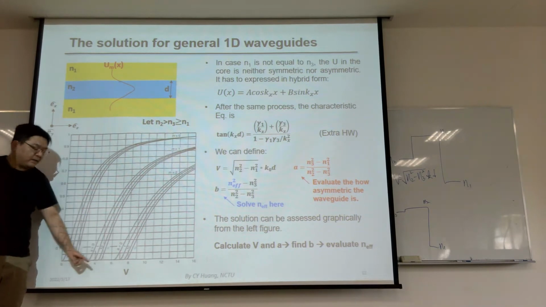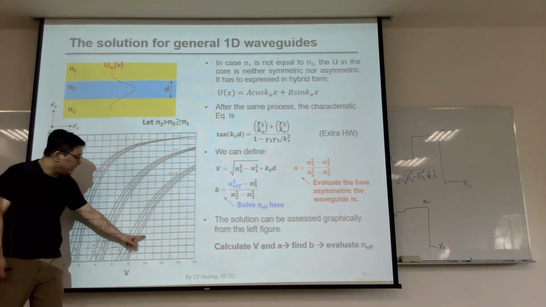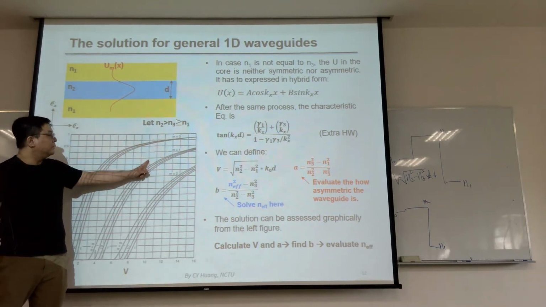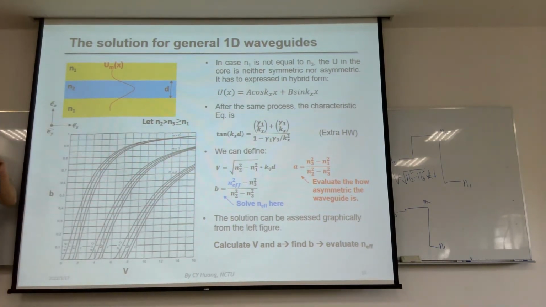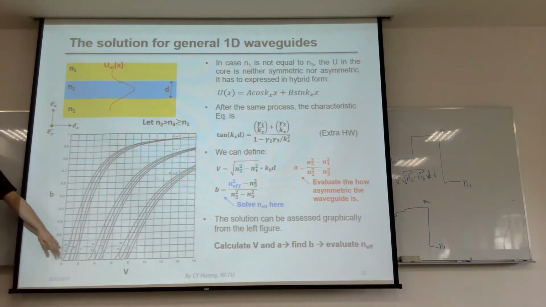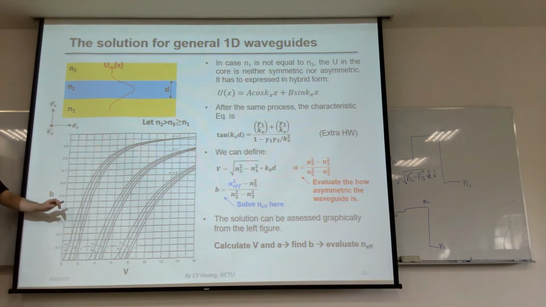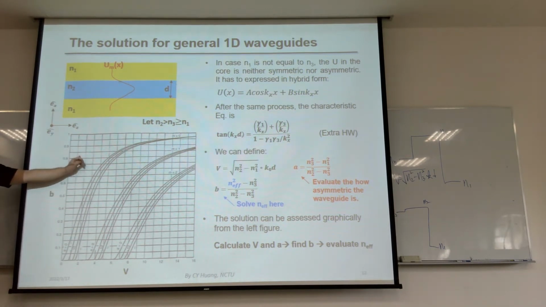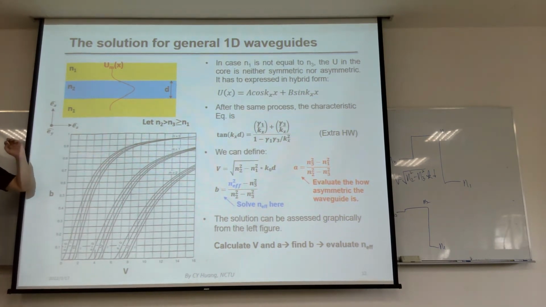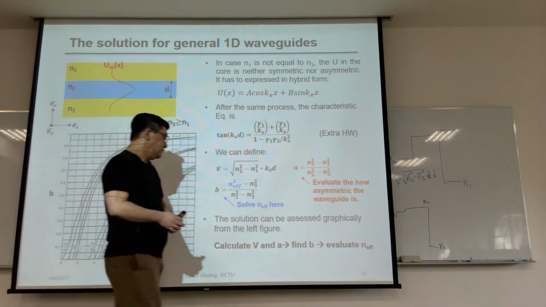Anyway, the stronger the waveguide, for example, if you have a V of 10 here, you will find at least 1, 2, 3 available modes. But if the waveguide is weaker, if you intentionally make a waveguide weaker, you might have only one fundamental mode for such a waveguide. Alright. So the calculation procedure is like this. First,